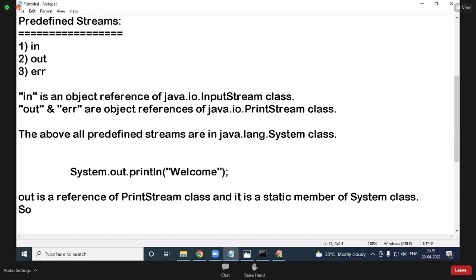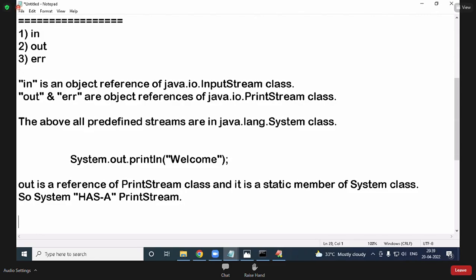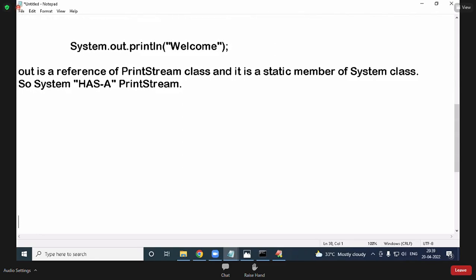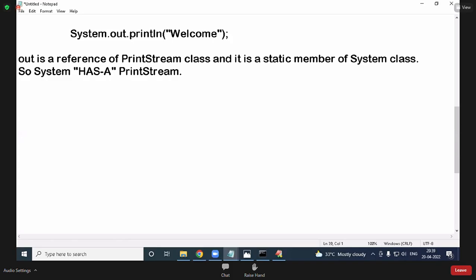So System has a PrintStream. Write this one. Out is a reference of the PrintStream class and it is a static member of the System class. So System has a PrintStream.